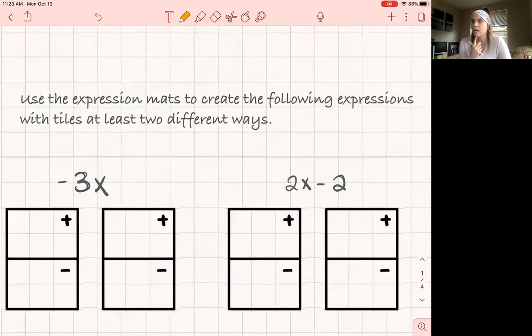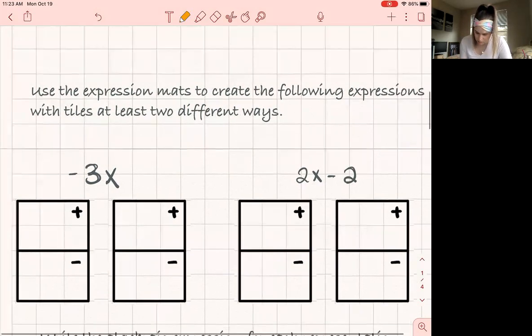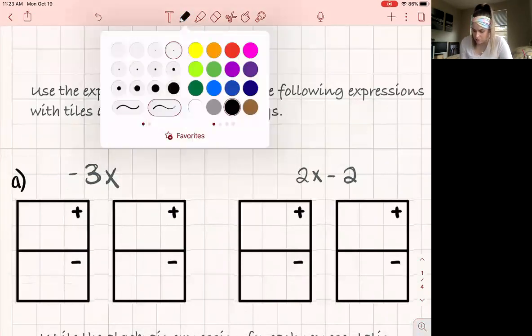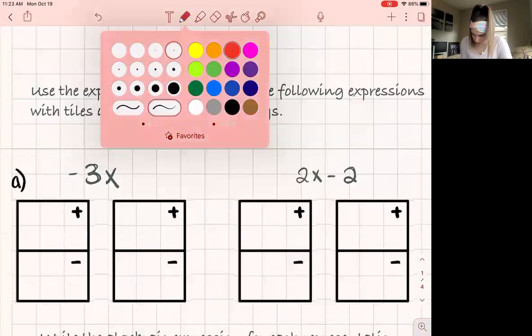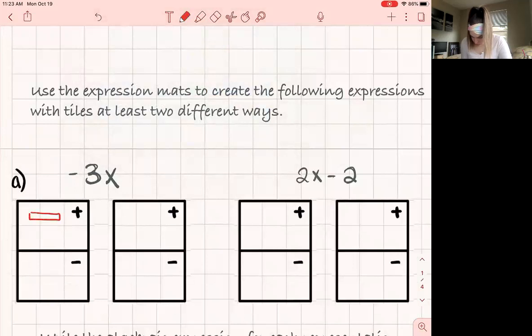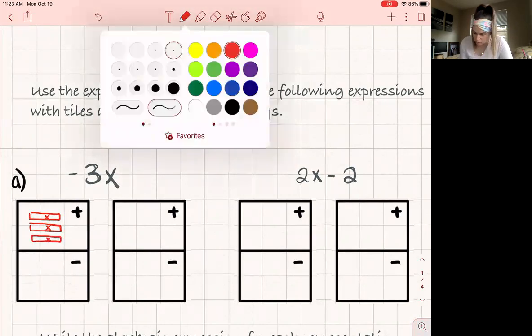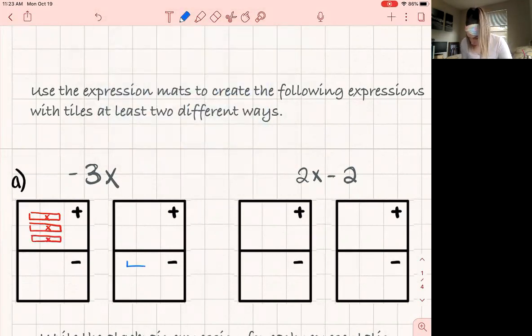Okay, the instructions say use the expression mats to create it in 2 different ways. So the first one here, A, I need to show 3 negative x tiles. I'm going to choose first the easy way. I'm going to put 3 negative x tiles up there. That shows 3 negative x tiles, or I could put